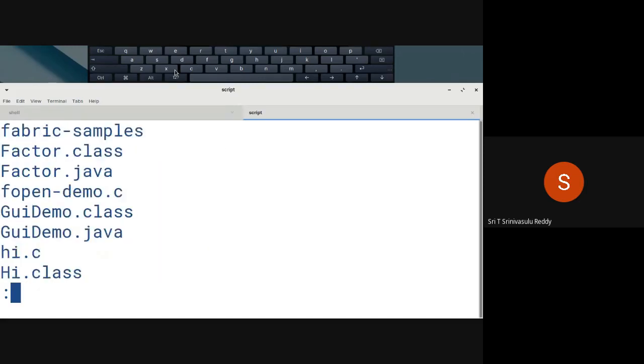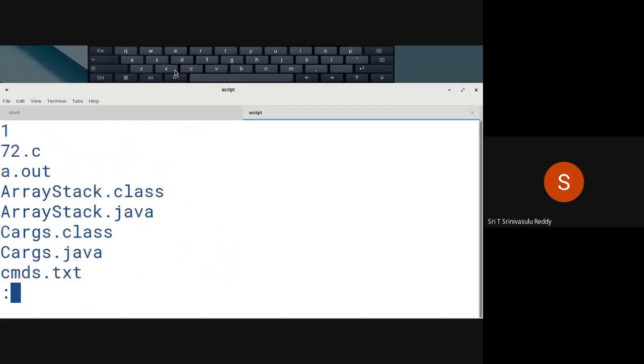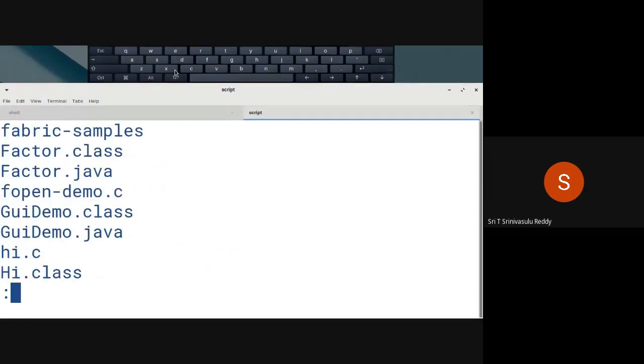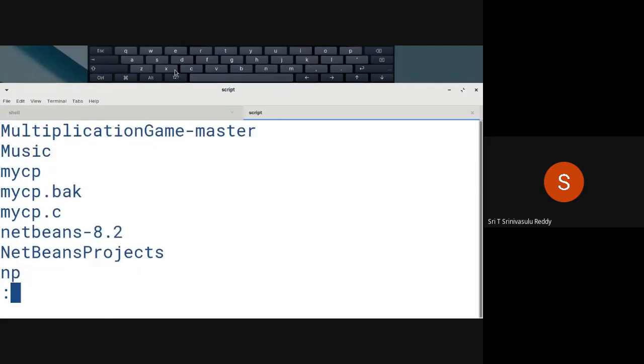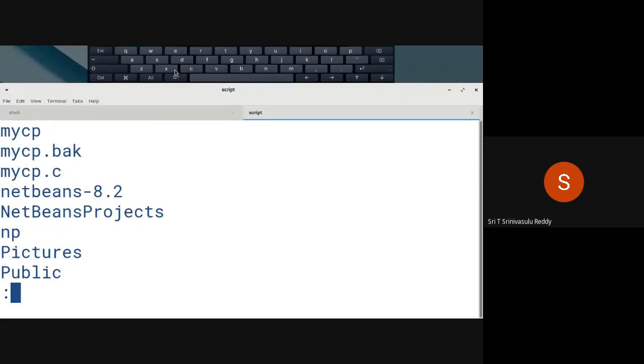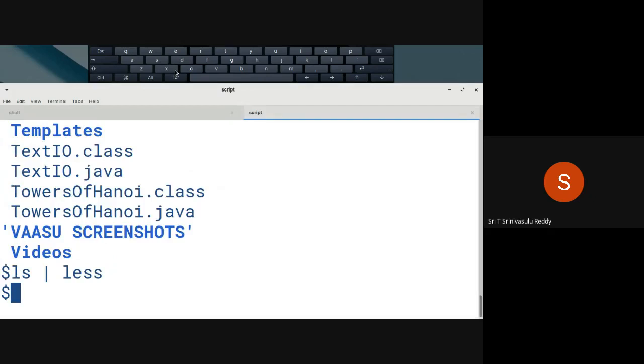So we have just now created NP. Whether that folder is there or not, we can get to know by just going through. If you examine, it is displaying all the files and folders in alphabetical order, so that you can easily search or read. So as you can see now, there is a folder called NP. Just now we have created it. It is now under the influence of the less command. In order to get out of that less, you have to give q in order to quit.